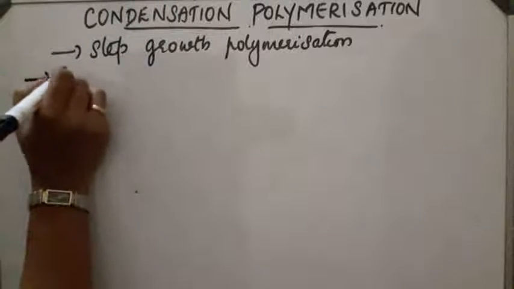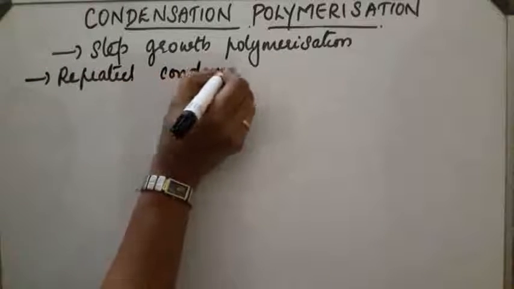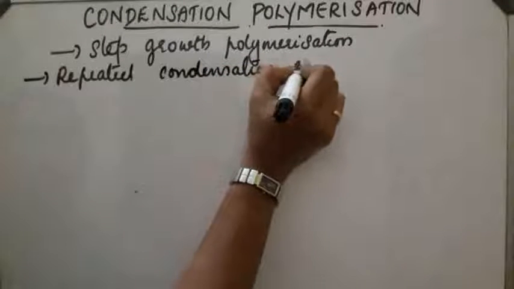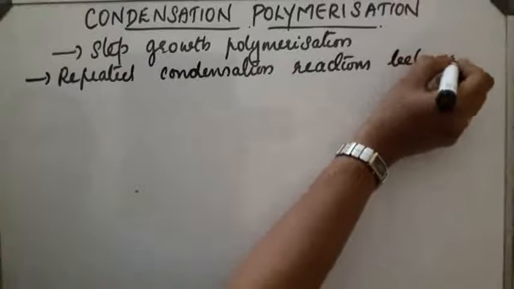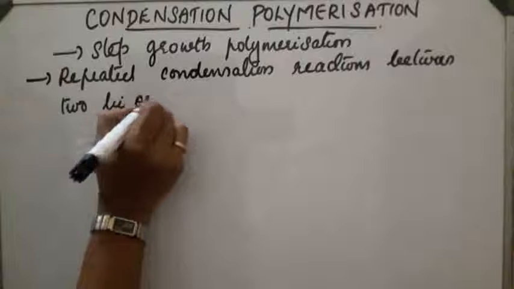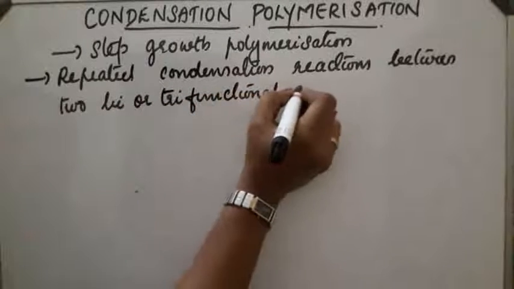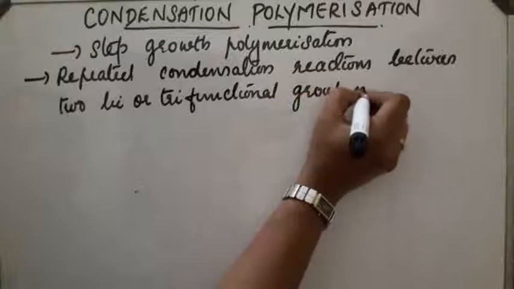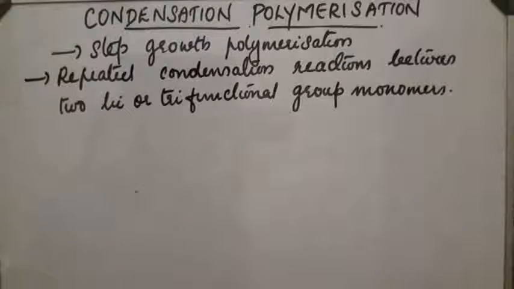Repeated condensation reactions between two monomers, which are bi or trifunctional group monomers. This reaction takes place in the condensation polymerization, and the reactions take place in different steps, and each step produces